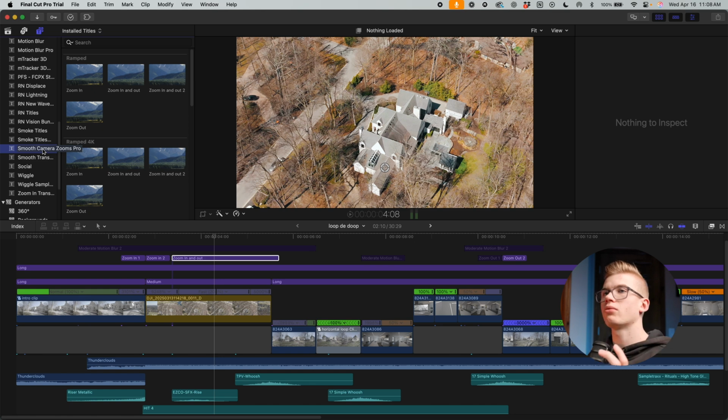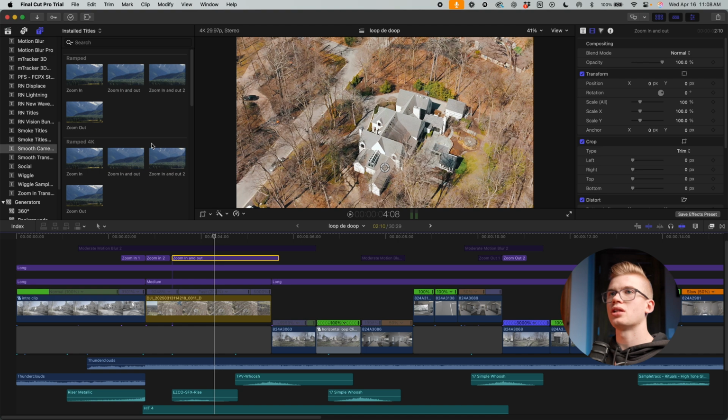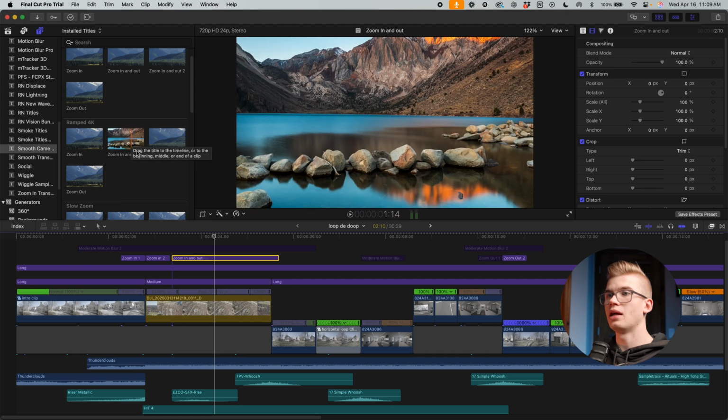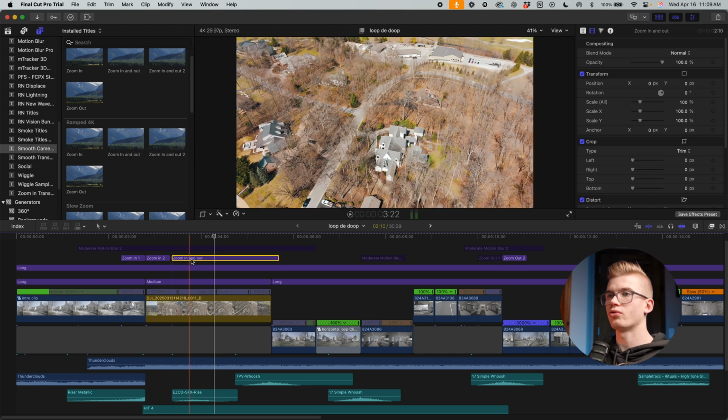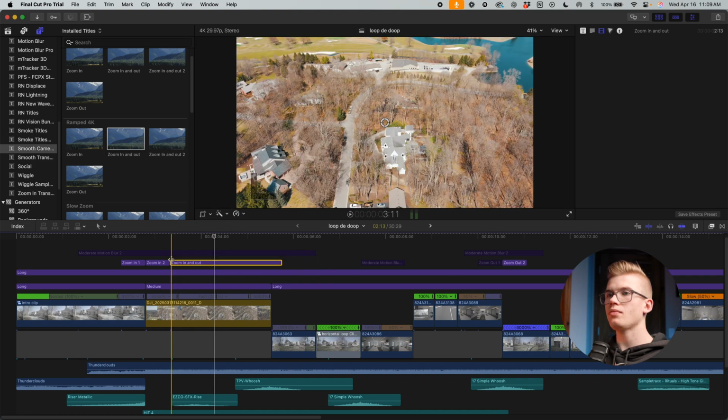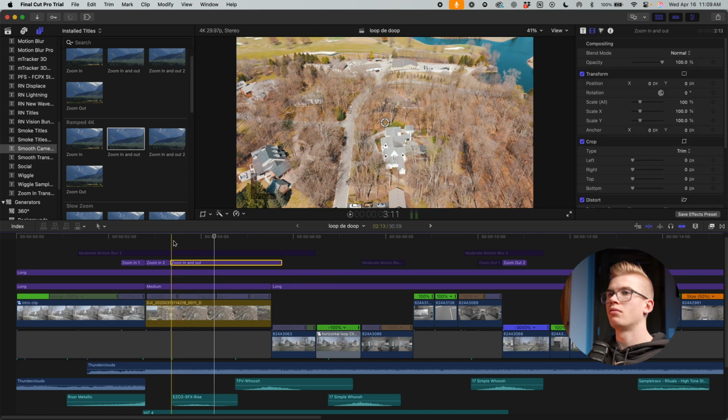What's special about these is that in Final Cut Pro, if you want to do any sort of keyframing scale, you can't smooth out the keyframes. It's linear, so you get that hard start and stop look when you try to keyframe. There's lots of options here. Here I'm going to use ramped 4K, and I use this first one, zoom in and out. If we start from scratch here, if I delete this and bring it back on right here, you can see